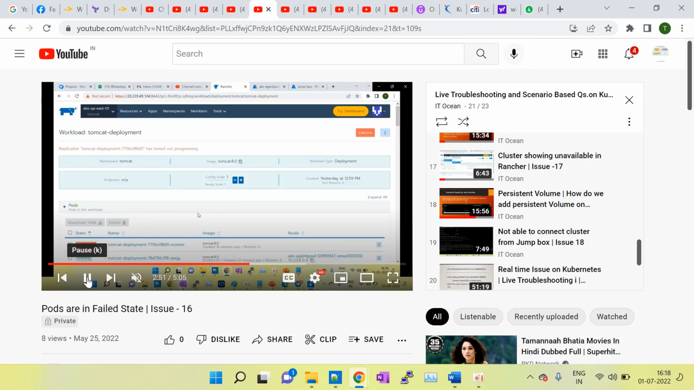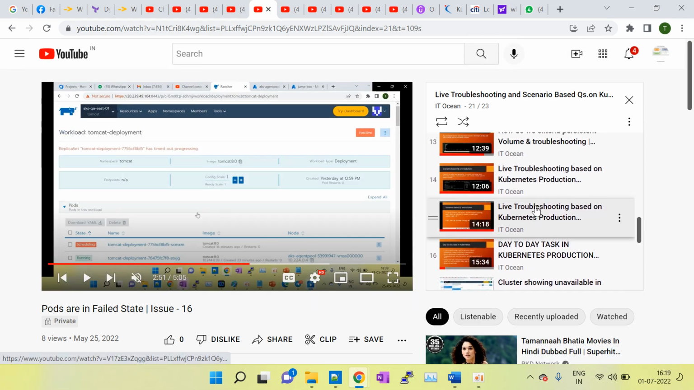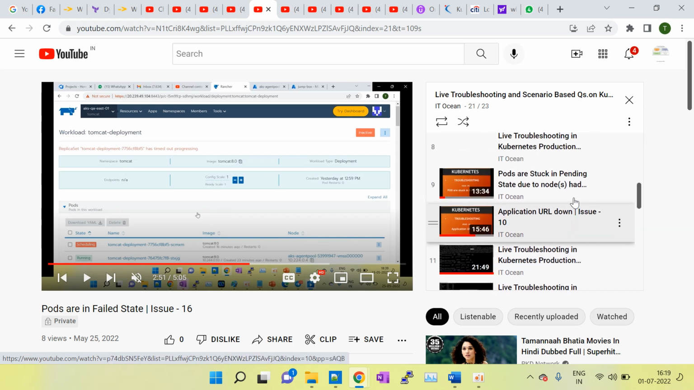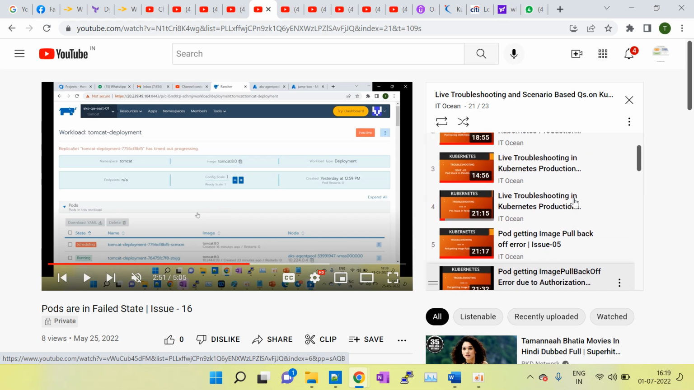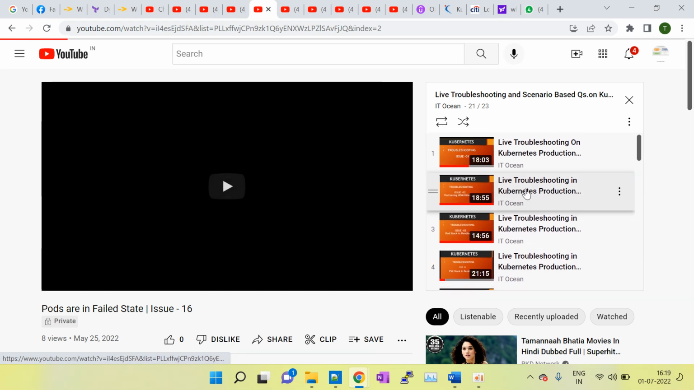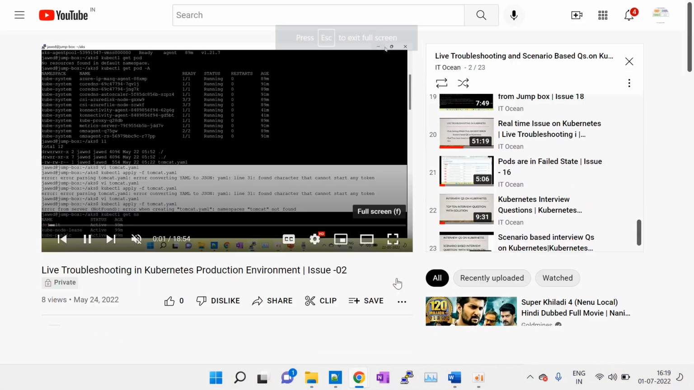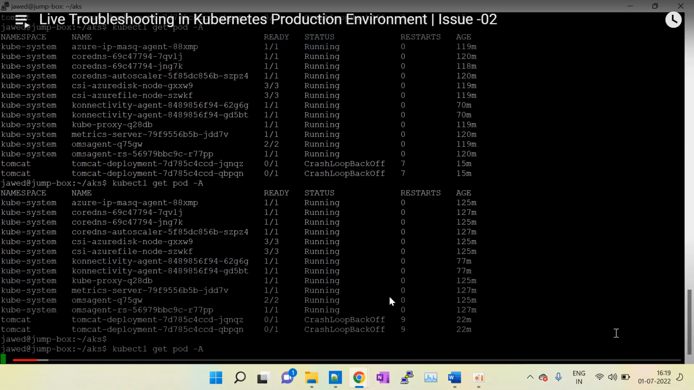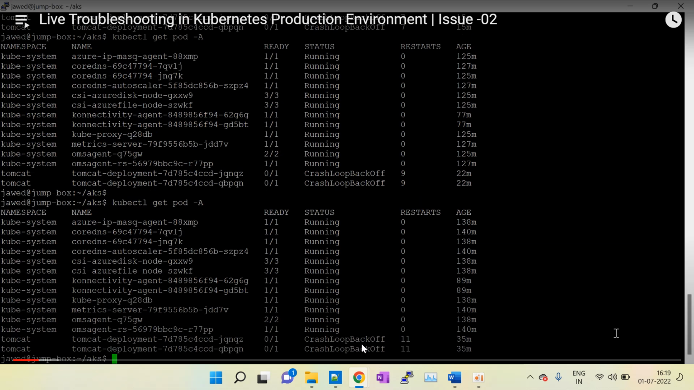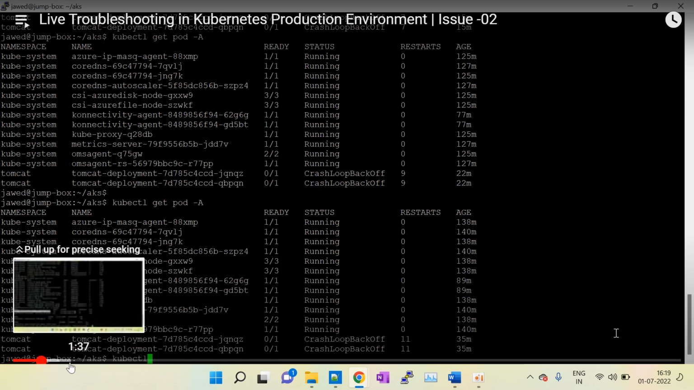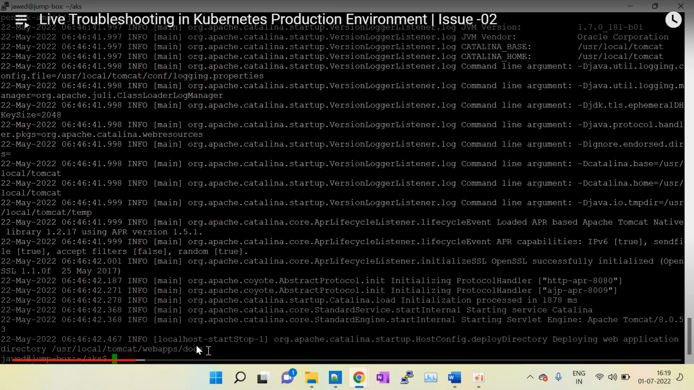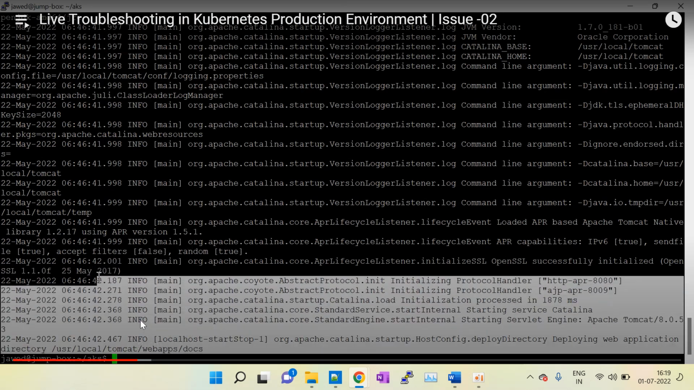Similarly, I have a lot of issues here, like sometimes how do we extend the persistent volume. Pods stuck in pending state, pods getting into CrashLoopBackOff state. Here you can see a few pods are in CrashLoopBackOff state. Most of the applications are running, but this Tomcat application is in CrashLoopBackOff state. So what things do we have to check, how to check the log,